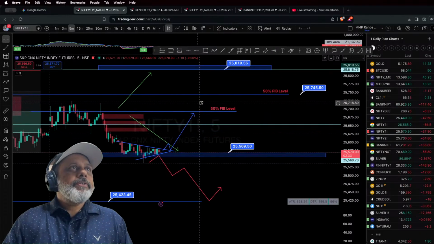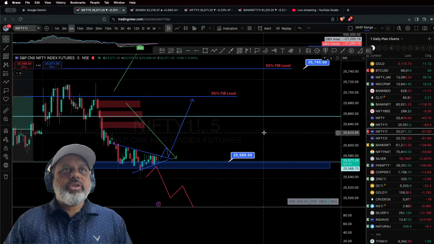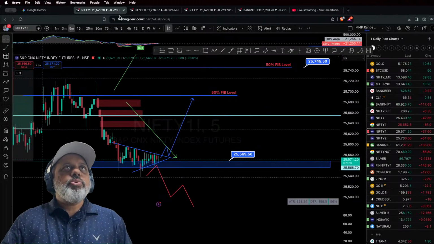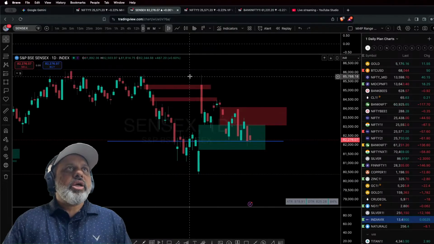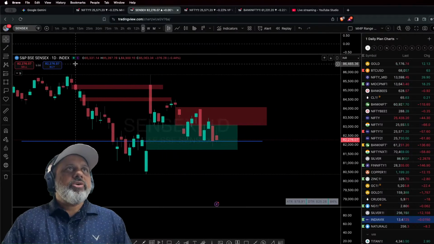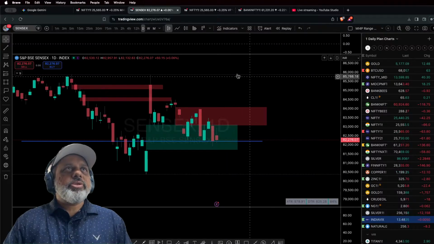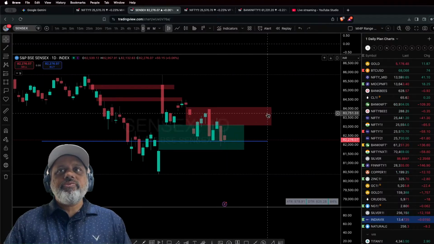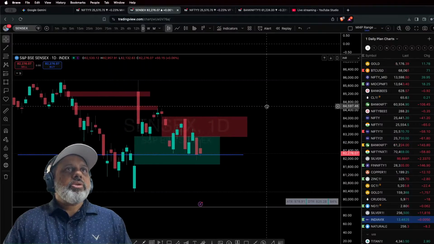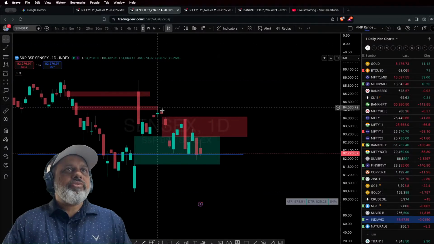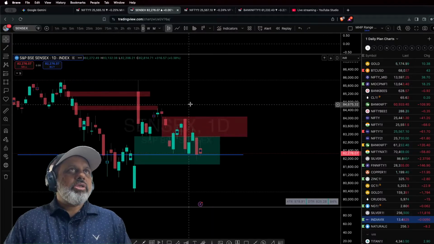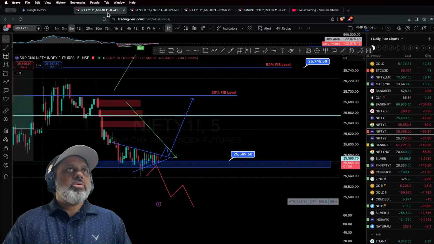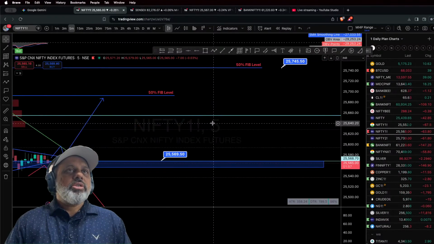And this is the Nifty, right? This is not the Sensex. This is Nifty. Unfortunately, on TradingView, the Sensex data is delayed. We are live right now, so this is not delayed, but on the daily time frame it is delayed, and if I go to the 5 minute, it doesn't allow me to give you the 5 minute. This is the daily time frame, and it is not allowing me to give you any kind of feedback on the chart here. So I'm going to depend on what the Nifty is giving me,